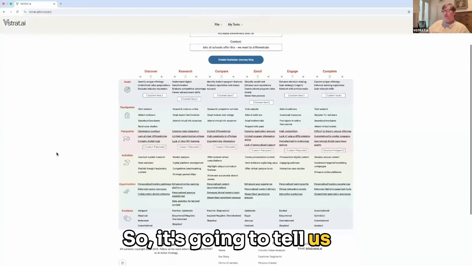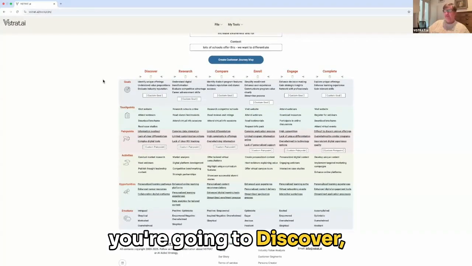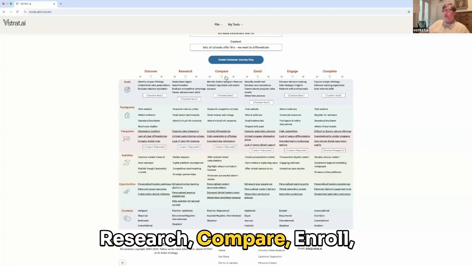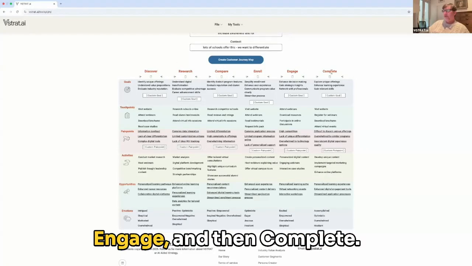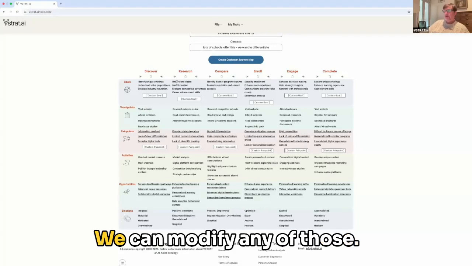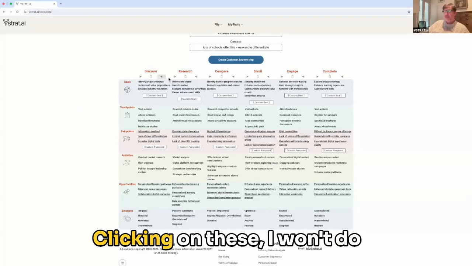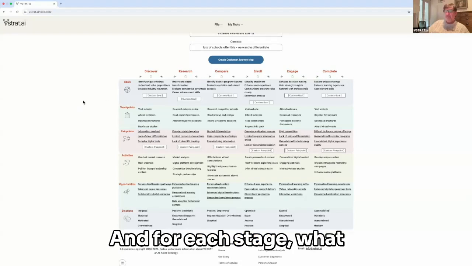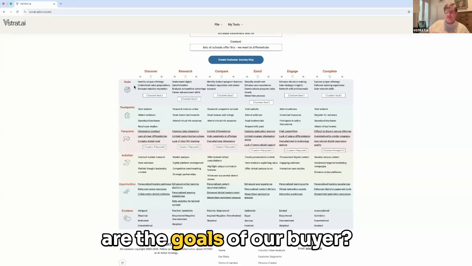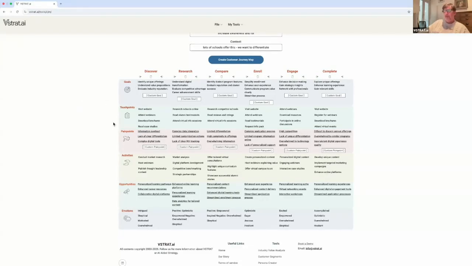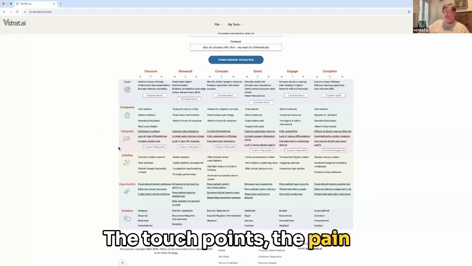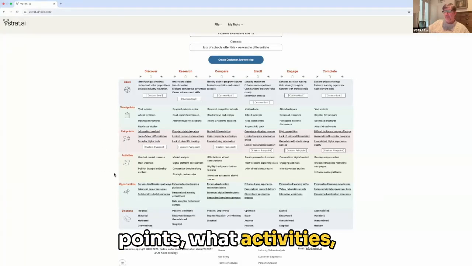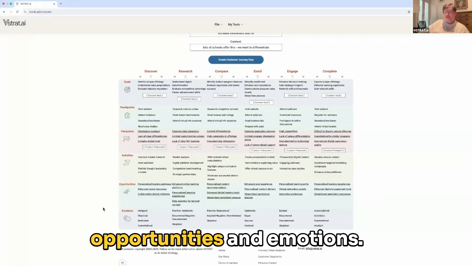So it's going to tell us you're going to discover, research, compare, enroll, engage, and then complete. We can modify any of those, clicking on these. I won't do it yet, but it would add one. And for each stage, what are the goals of our buyer, the touch points, the pain points, what activities, opportunities,